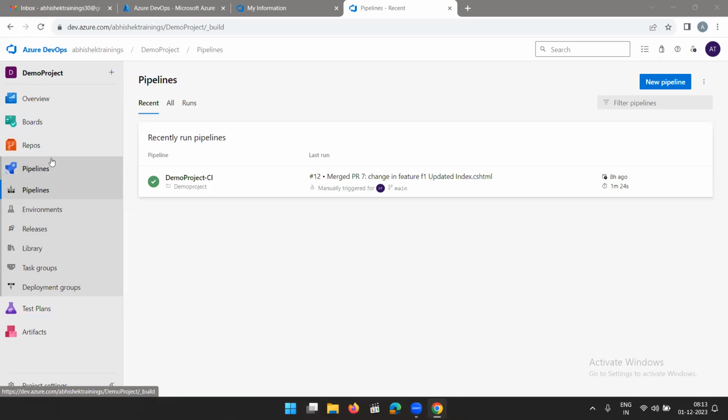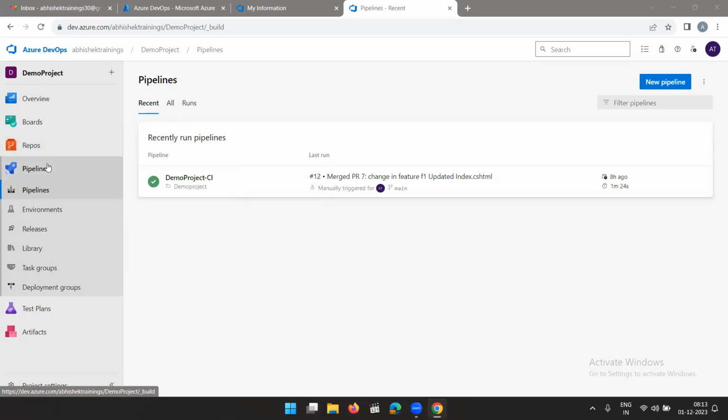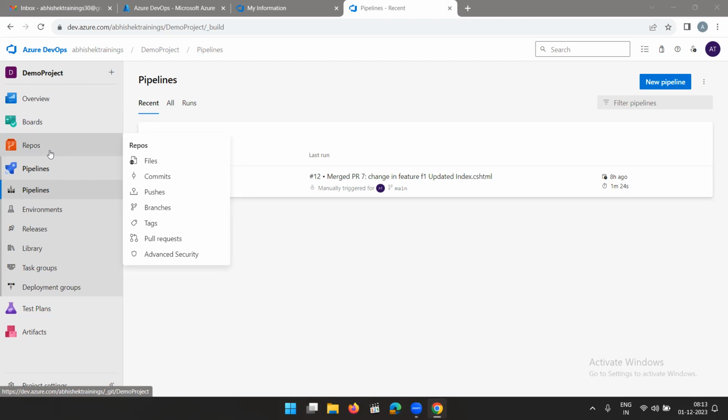So first of all, we created a project in our local. We have tested it in our local. It was running. Then another step was version control. So we pushed our project to the version control. We have seen all the commands for how to push a project to the version control. Then after the version control,